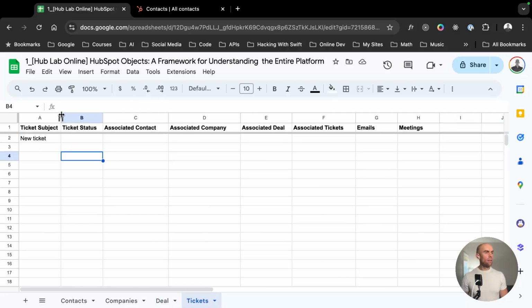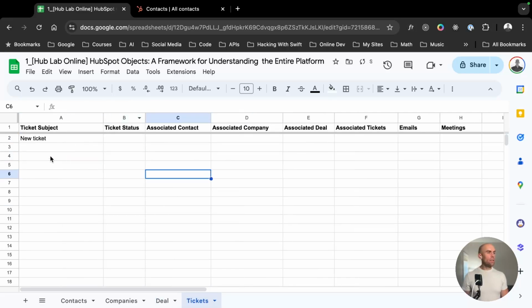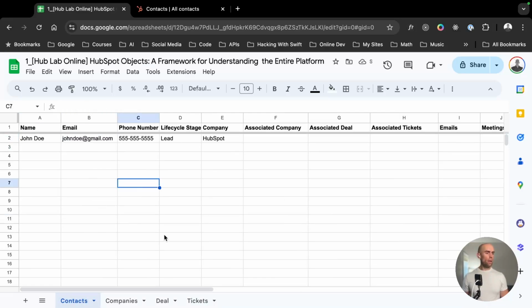And tickets, we're going to identify each ticket by the subject name, right? So we might call this ticket Brian Halligan, new ticket, and then we might add a date or something like that, like 9/1/2025. Okay, so now imagine that I'm adding contact records to this every single day, every time